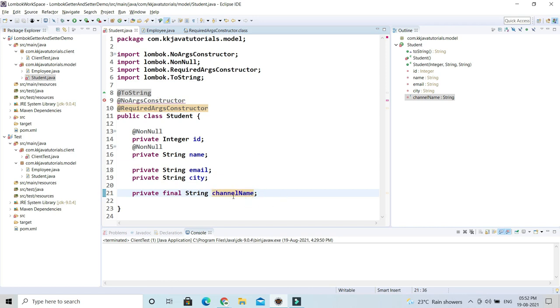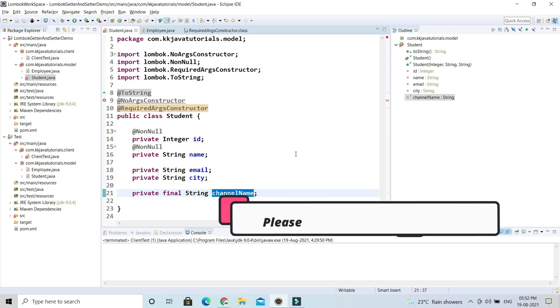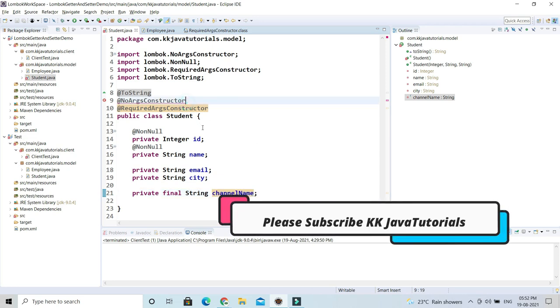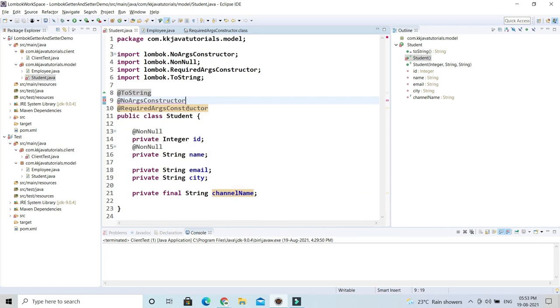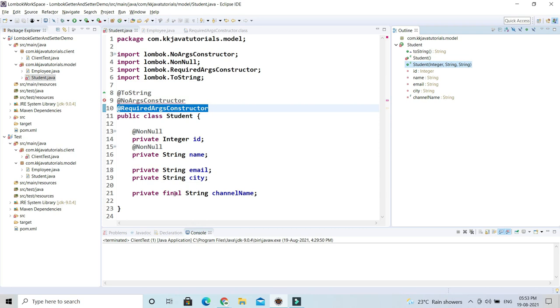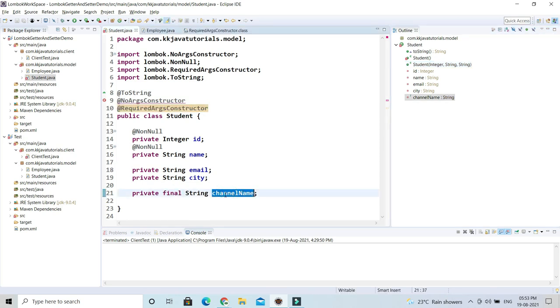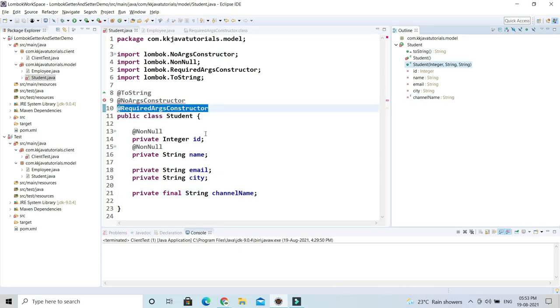The reason is that when you have a final empty field in your class, it has to be initialized inside the constructor. Otherwise, you can instruct Lombok to initialize this field with the default value. Here you can see in the constructor one more string has been added, because Lombok has realized you have added a final field, and that has been included in the constructor as well.